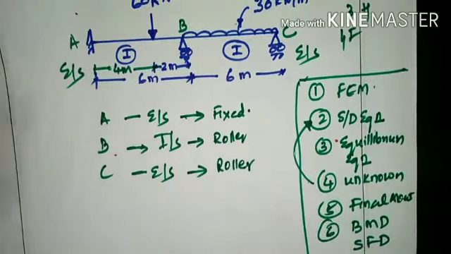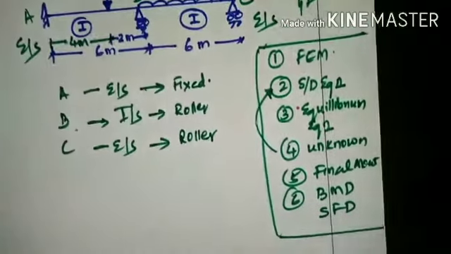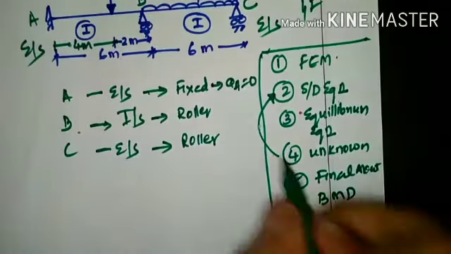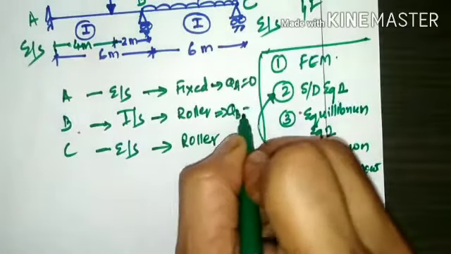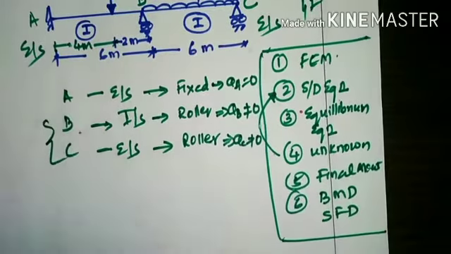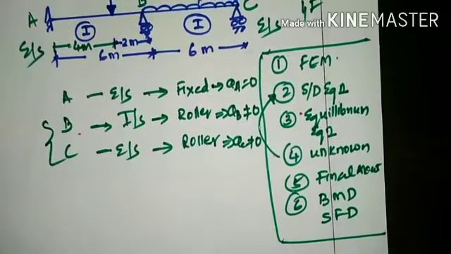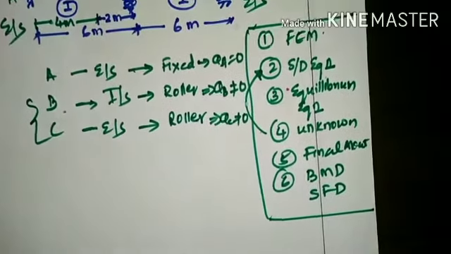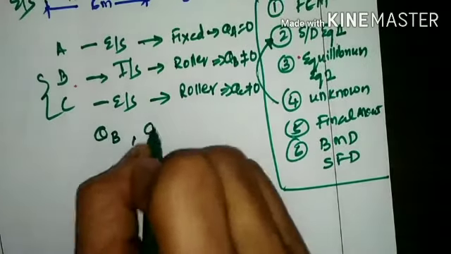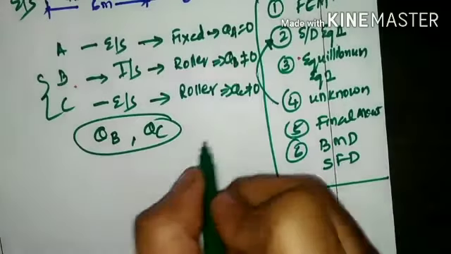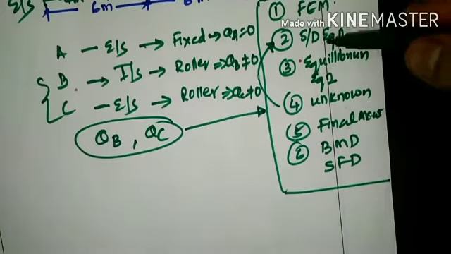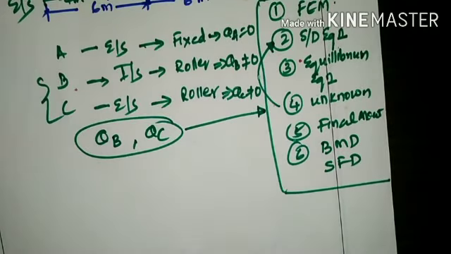Now as stated earlier, whichever is a fixed support, the slope at that location will be 0. So automatically theta A will be 0. Whereas theta B shall not be equated to 0. Likewise, theta C shall not be equated to 0. The reason is that both supports are not fixed, so theta B and theta C shall remain as they are. Now what is the contention here? The first task is to find theta B and theta C. These shall be called unknown values. Once we get these unknown values, we are going to substitute them in the slope deflection equation.